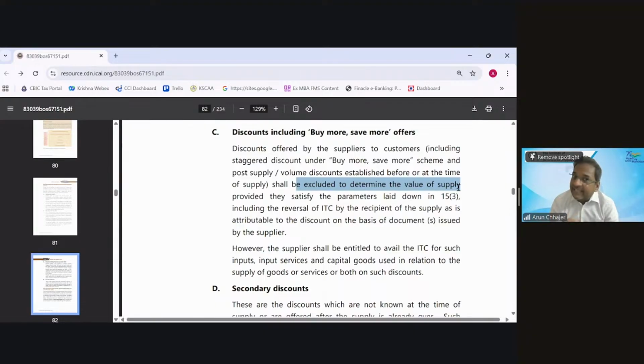If I say that conditions are not satisfied, then which credit note will you issue? If the 15(3)(b) condition is not satisfied, there was no agreement, there was no linkage with the invoice, then the credit note will be without GST, and a credit note without GST is called a commercial or financial credit note.